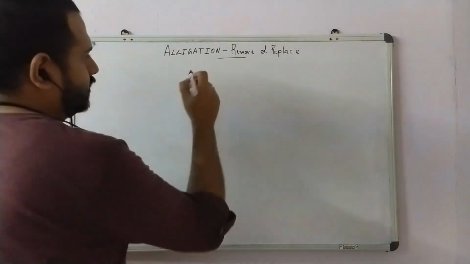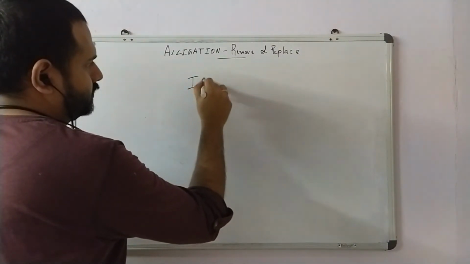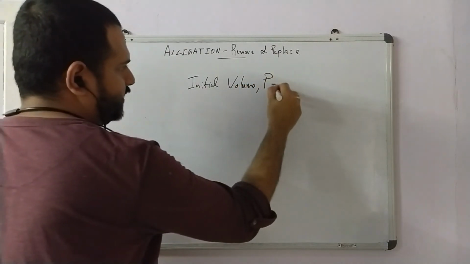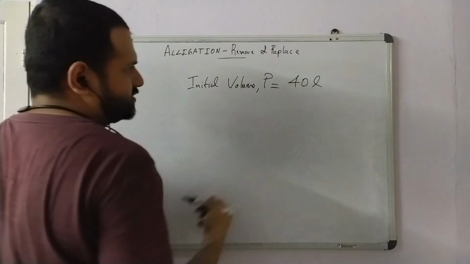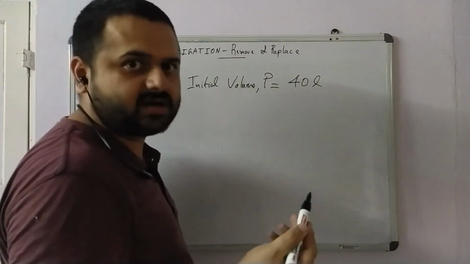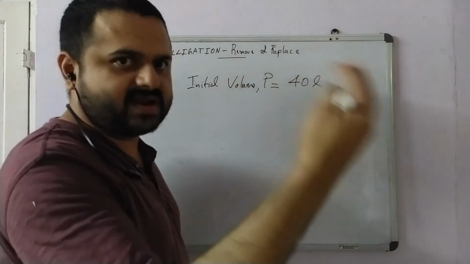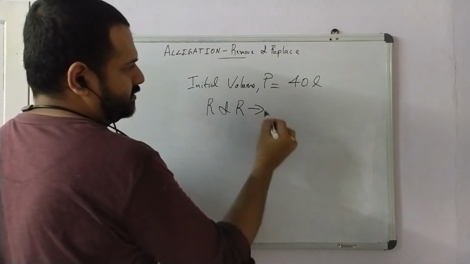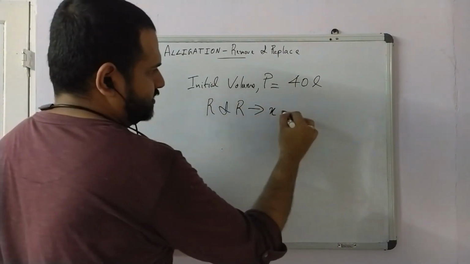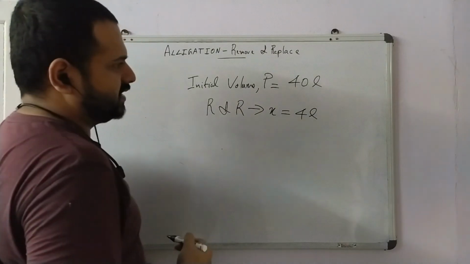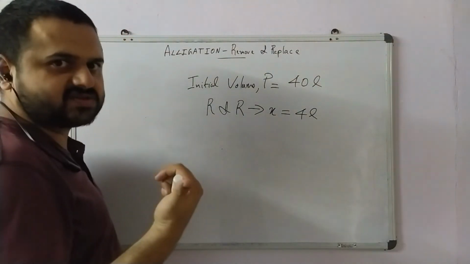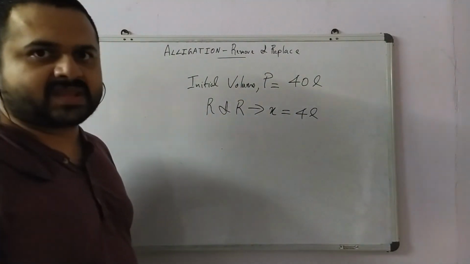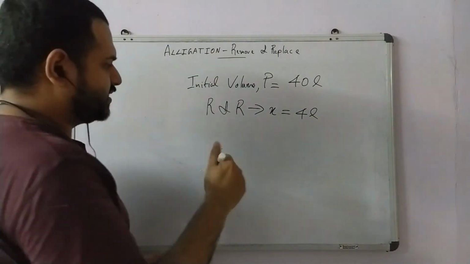What do we know? The initial volume, right? P, that is 40 liters, right? How much of the solution is being removed and replaced? I'll call it R and R, right? Which is X, that is 4 liters, correct? What have they asked us to find? They have asked us to find how much of the initial solution, which is milk, is remaining in the mixture after the 3 iterations, right?